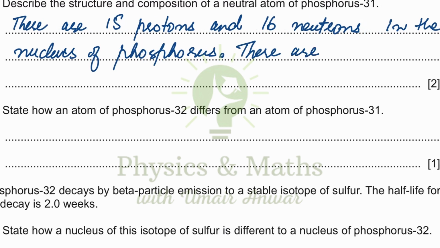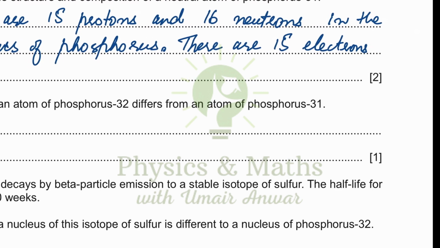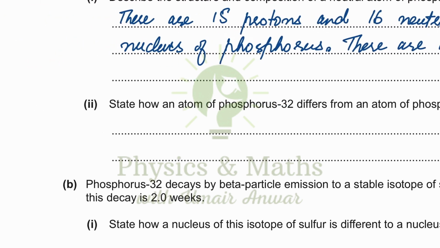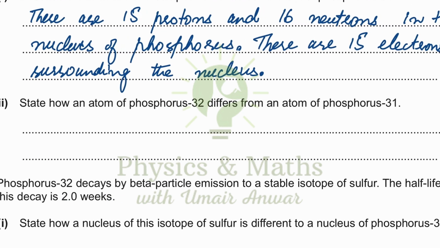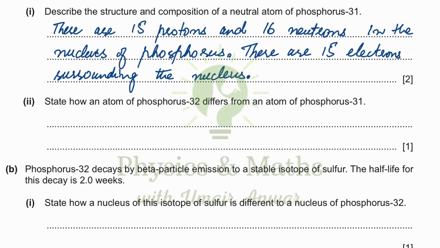There are 15 electrons surrounding the nucleus. Now, in these two sentences, we have described the composition and also the structure of the neutral atom